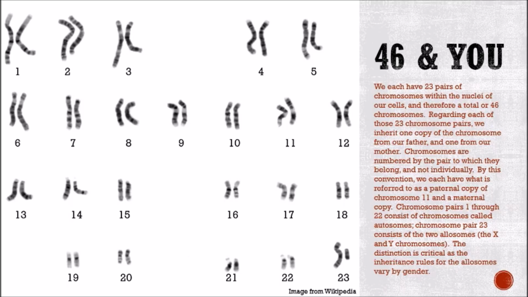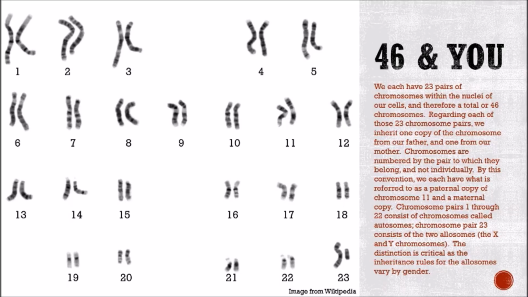You'll see we number them by their length. So chromosome 1 is much larger than, say, chromosome 22. 1 through 22 are called the autosomes, and they're your regular chromosomes. 23 is your Y and your X, and we call them the allosomes. If you're a male, you'll have a Y and an X, and if you're a female, you'll have an X and an X. There are some exceptions and some other issues with that, but the general rule